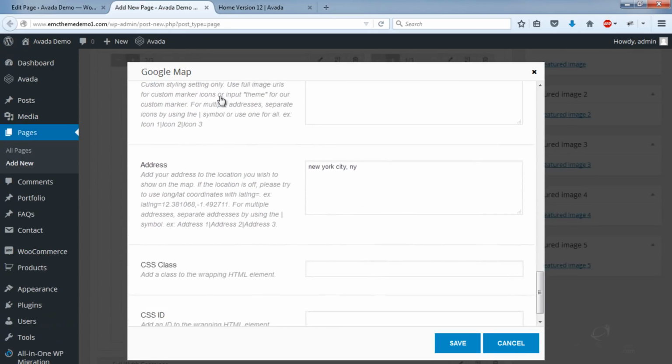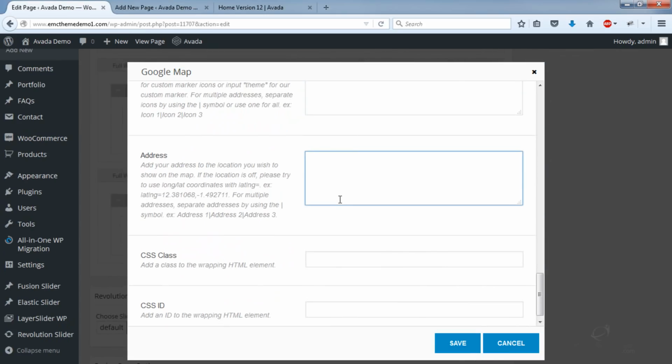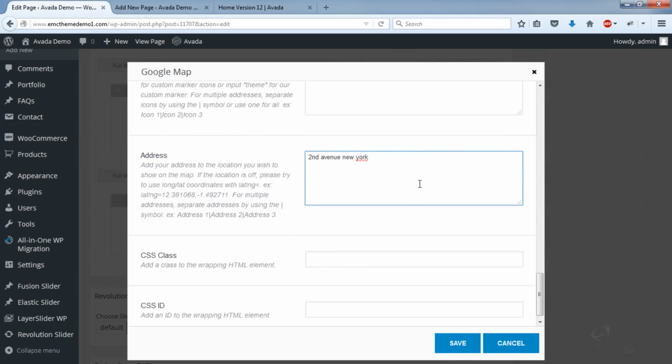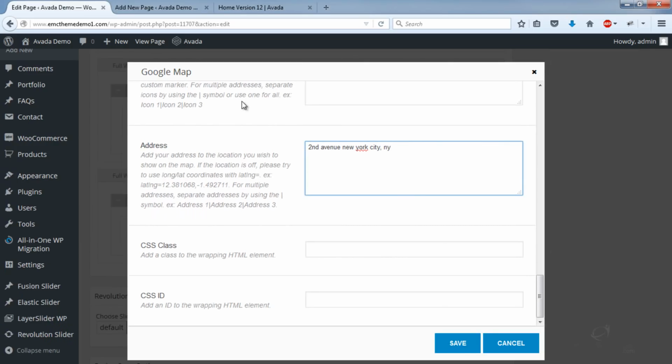And address. Obviously you would enter your business address. And that's it.